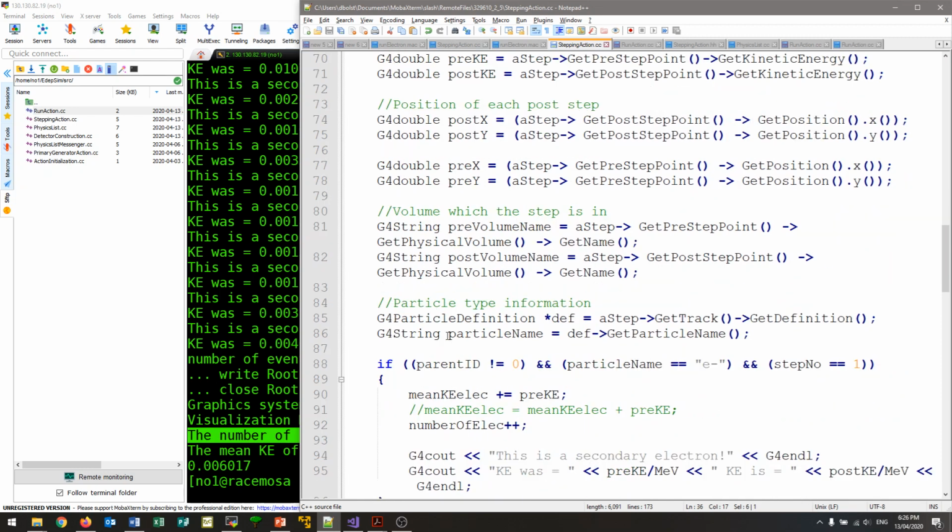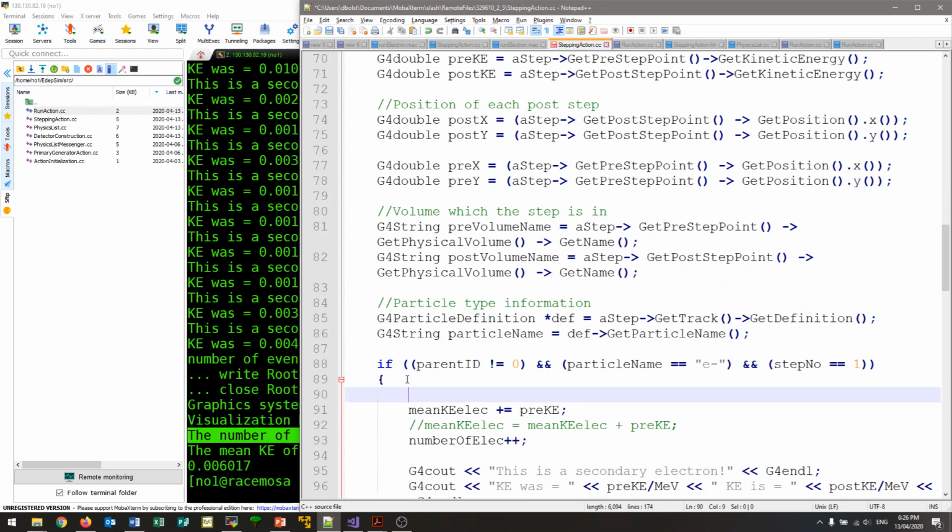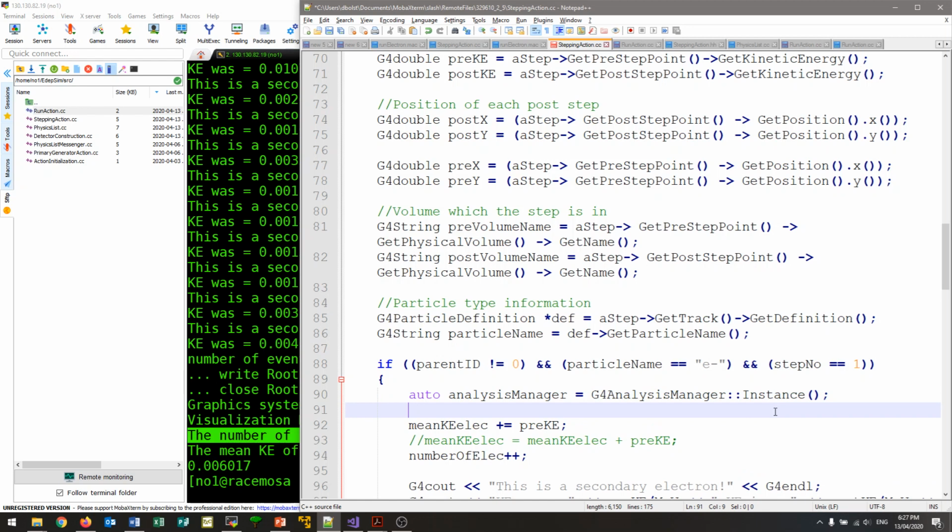All we need to do is create an instance of the Geant4 analysis manager. So we just do auto analysis manager equals G4 analysis manager instance, and if I spell that right,